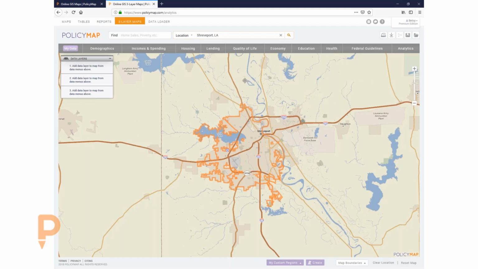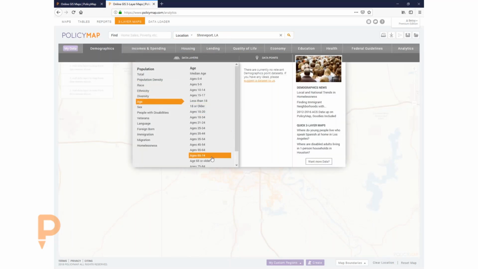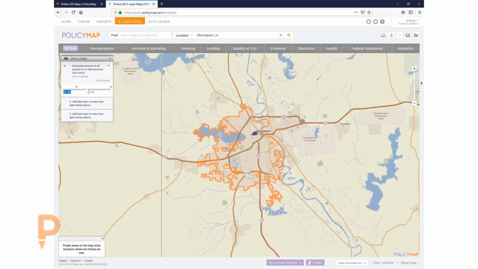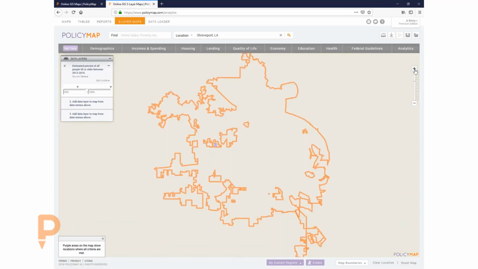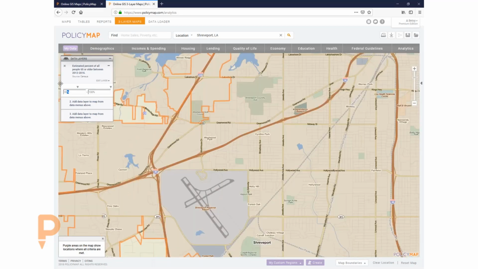And for here, maybe we wanted to take a look at the percent of the population that is over 65. So we'll take a look at 65 or older, and you'll notice that everything's purple. Well, what I can do is I can either use the slider, or I can put in a specific, let me see, we'll put in 30%, and I'm going to zoom in a little bit because I'm not seeing much, and maybe I want to adjust that. Maybe we'll say 20% of the population,